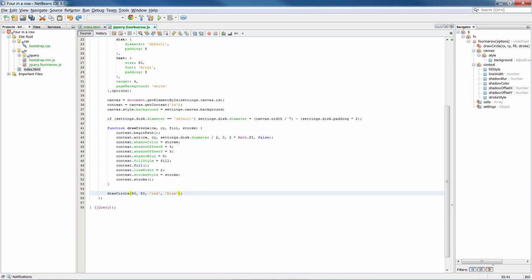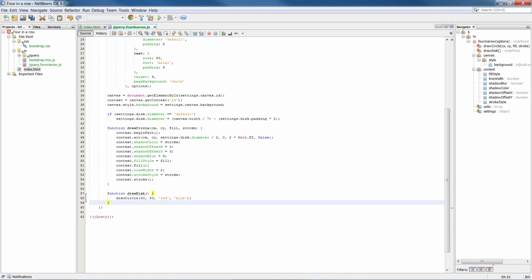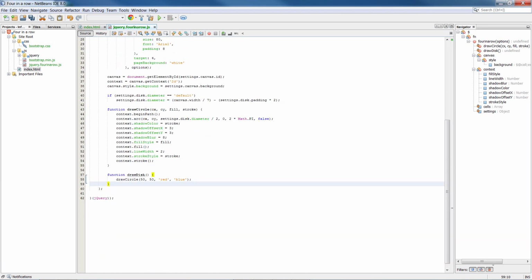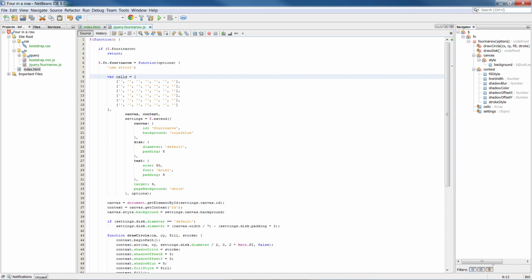Now of course we don't want to be drawing each individual circle ourselves, we want to create a function to do that for us. Let's go ahead and do that now. For those of you who didn't see what I just did there with NetBeans, if you press Alt, Shift and F, it automatically formats everything for you. Now we obviously don't want to be passing in specific colours here, we want to specify them in a more global context. So what I'm going to do is create another